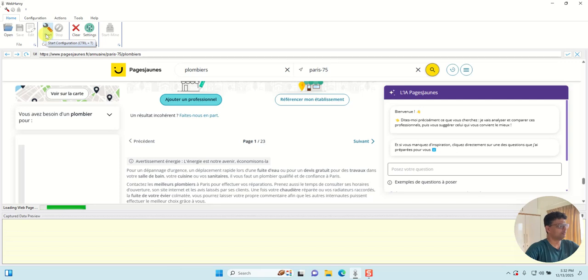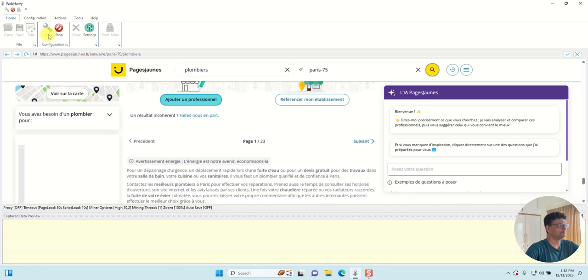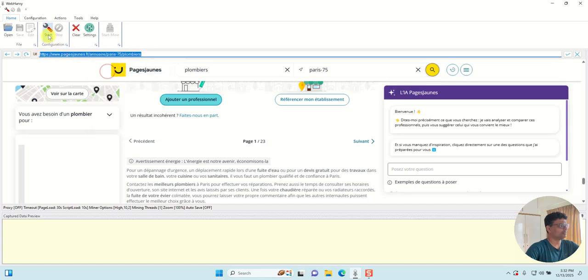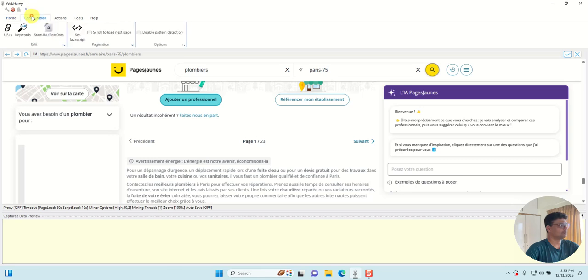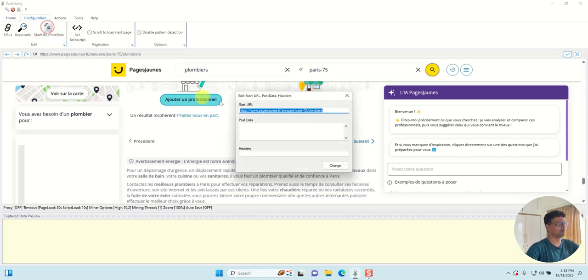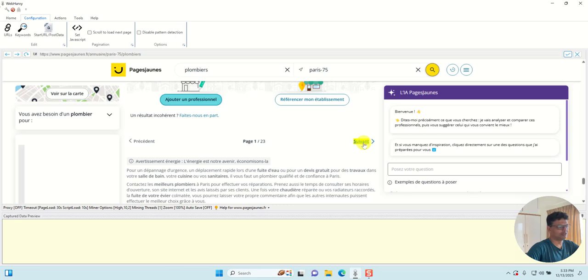And now let's start the configuration process. For that, click on the Start button. And no, before that, just copy the search results page URL and then start configuration. Directly go to the configuration menu, click on Start URL Post Data, and just make sure that the start URL here is the same as the address which you see here. If not, just copy paste this address here. The post data and headers need to be empty. Just make sure of that, and then you can click on the next page link